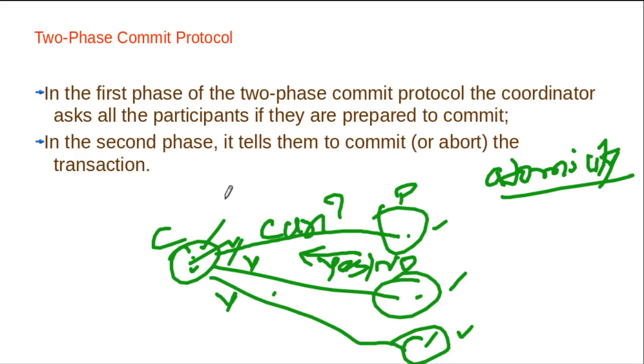So that will be the second phase, where the coordinator will tell the participants to either commit or abort the transaction. If any one of them says that I cannot commit, this participant wants to abort, in that case all of them will have to abort. So this is how the two-phase atomic commit protocol will work. So basically